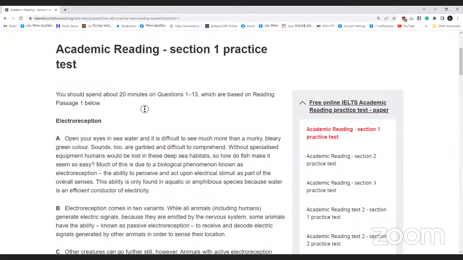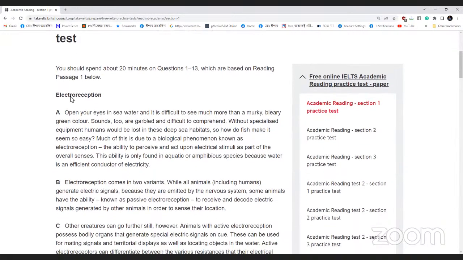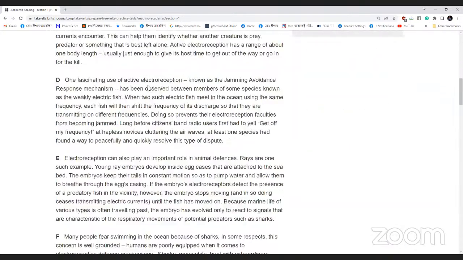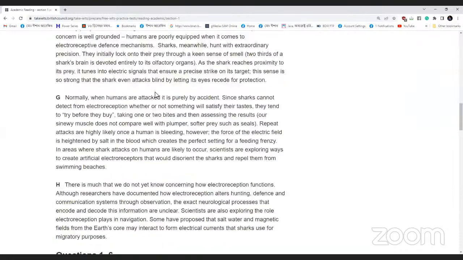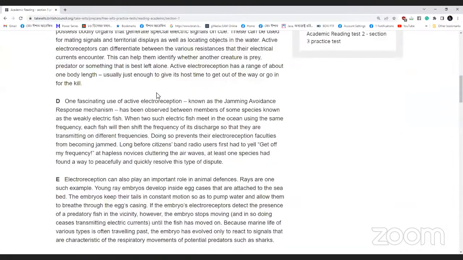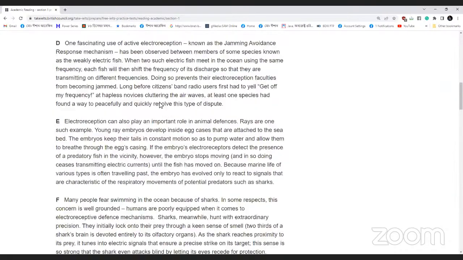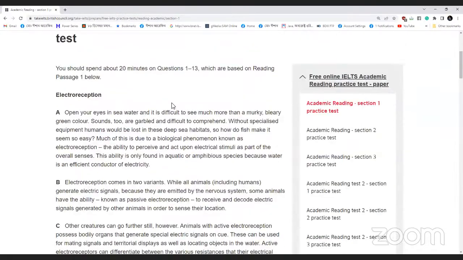So this passage is about electroreception, I guess. All right, this is your passage. You can see the paragraphs of this passage. It is quite a big passage, and it has around 7 or 8 paragraphs. So the meaning of skimming through is